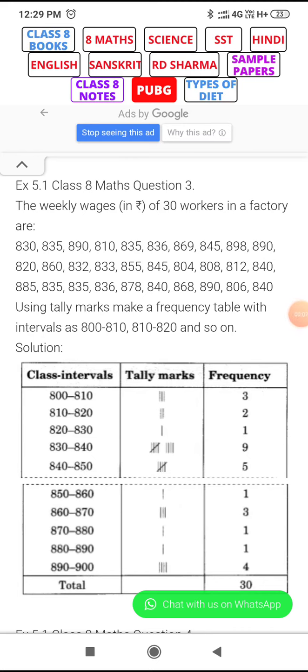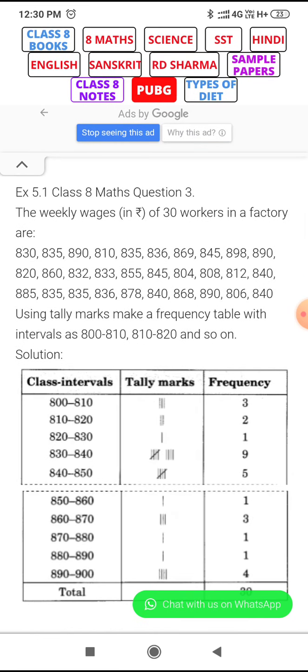Hello students, in our last video we were solving exercise 5.1 and we already solved question number 1 and question number 2. So today we will discuss from question number 3 and the remaining questions of 5.1. Question number 3 of 5.1 is: the weekly wages in rupees of 30 workers in a factory are